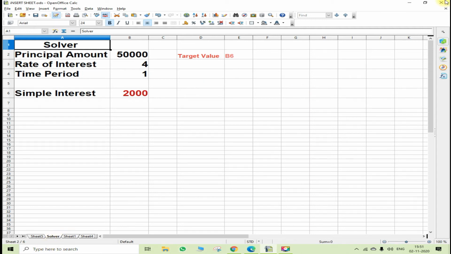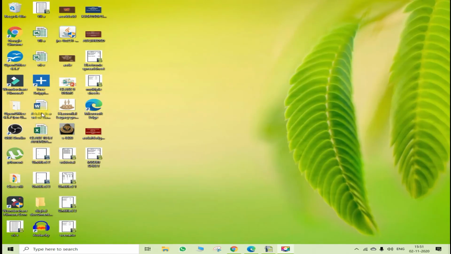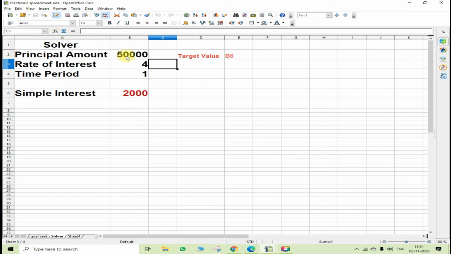Now just minimize this. Go to the original Solver file. Okay? Here, let's say you want to change this principal amount. You changed it to 80,000. Okay?